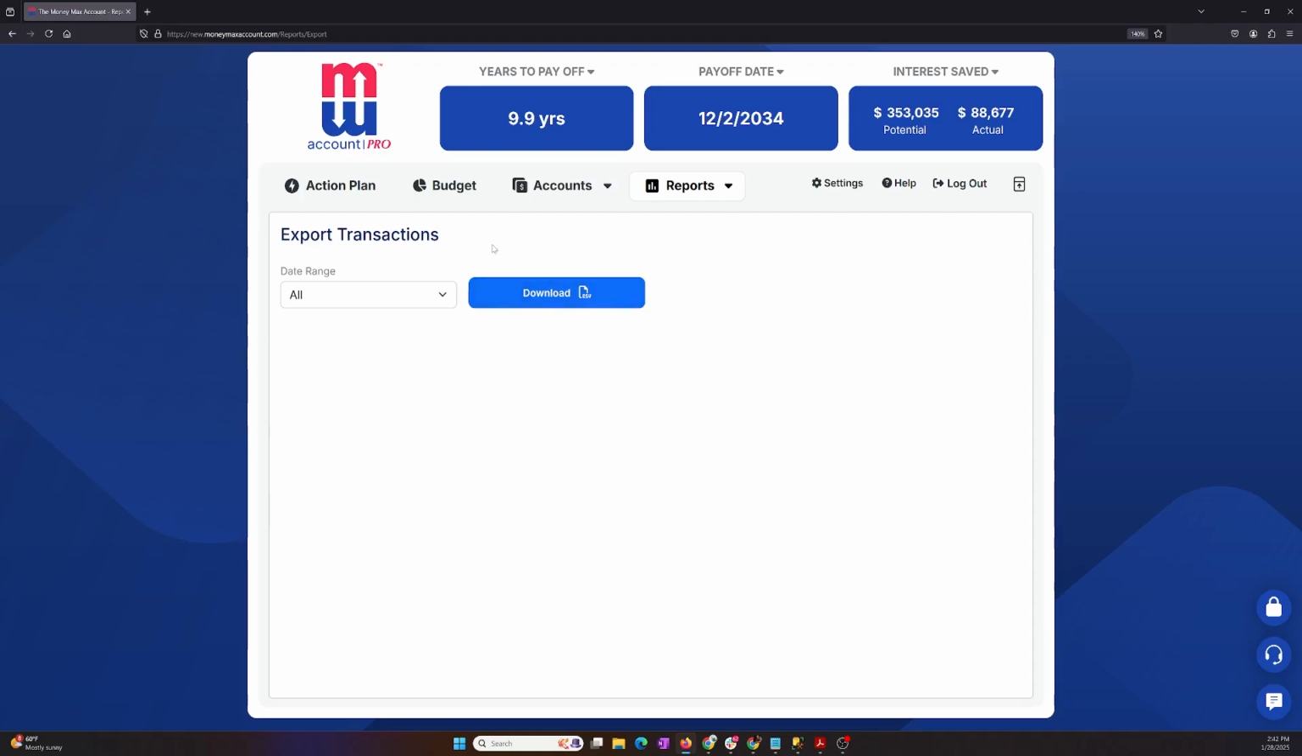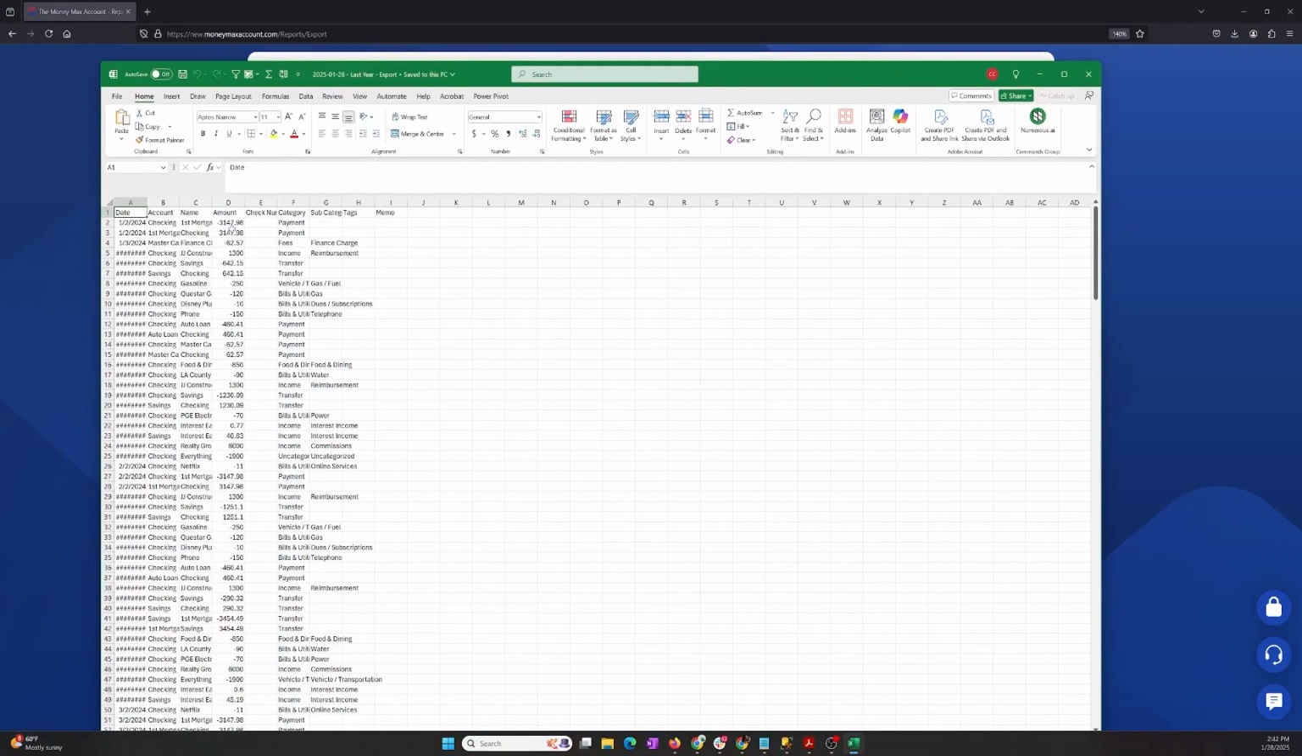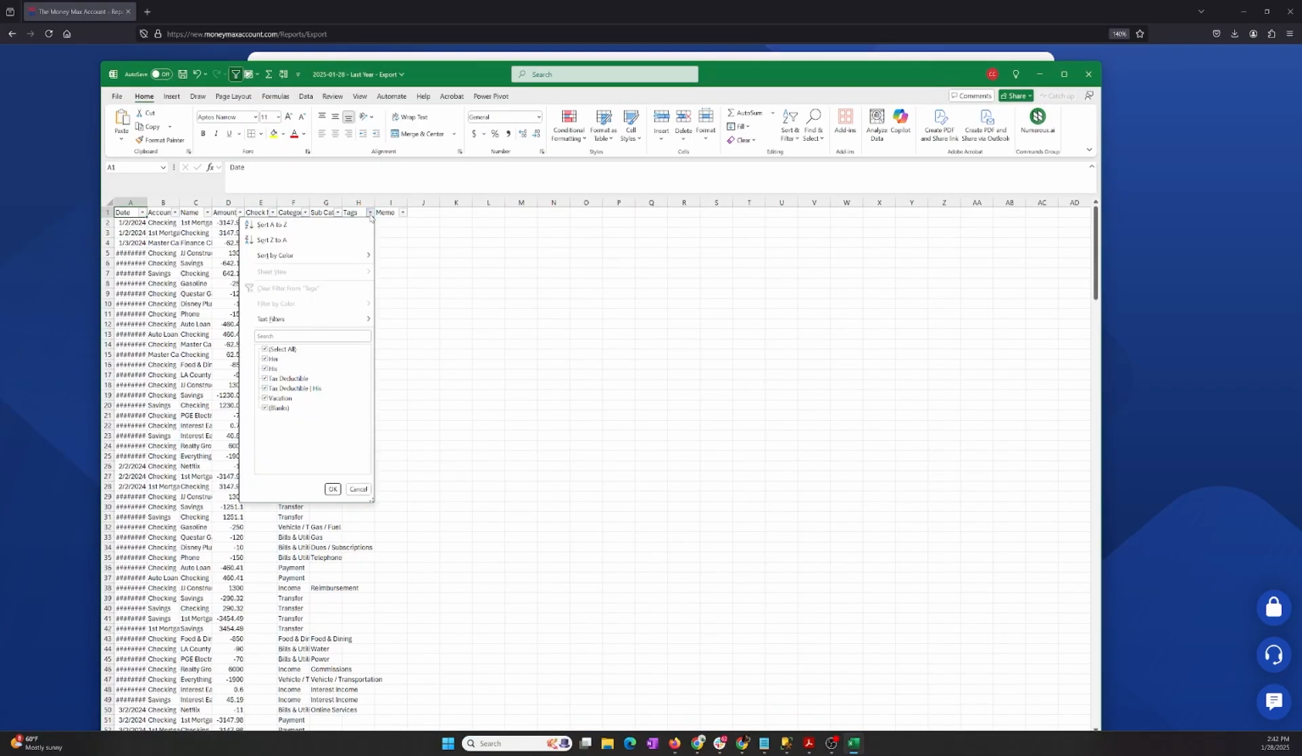Export transactions is very simple. You just choose a date range. You can choose all, or you can say, I just want to look at the last year, and you can download that transaction and open it up in either Google Docs or spreadsheets. And from there, I'm not going to teach you how to use a spreadsheet, but your accountant will know, or if you are already familiar,